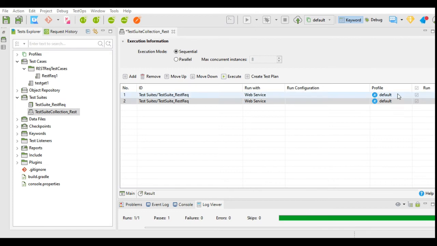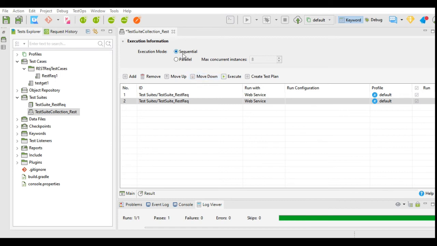We have learned about profiles in my other tutorial on profiles. You can refer to that tutorial and learn about profiles. You can also skip the test suite from running in the test suite collection by clicking this checkbox. You can move these test suites upwards or downwards and change the sequence of those before the execution.